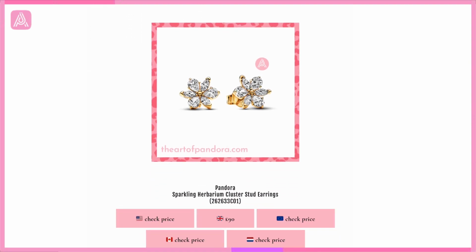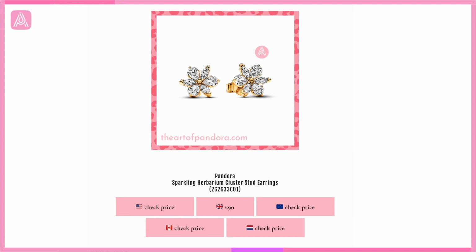So we have our sparkling herbarium cluster stud earrings, this time in the gold rather than in sterling silver. Last year they were released in sterling silver. Now we have them in gold, and as I've said, gold has grown on me, the gold plating. I do quite like it. I was a real rose gold girl. My wedding ring's in rose gold, which I still love, but I find that I am drawn this year in particular to the